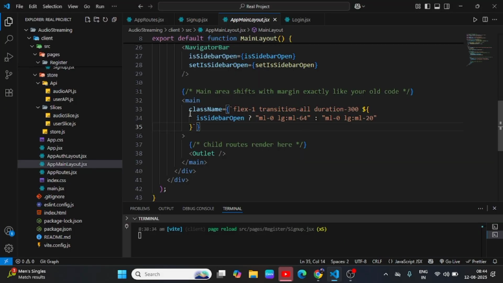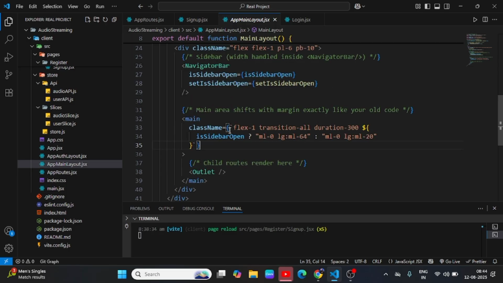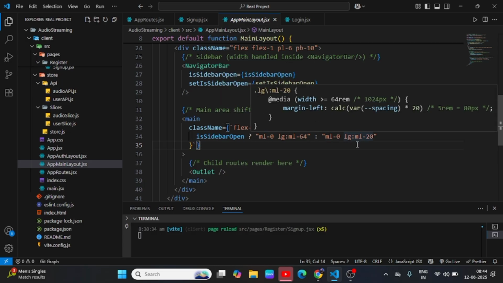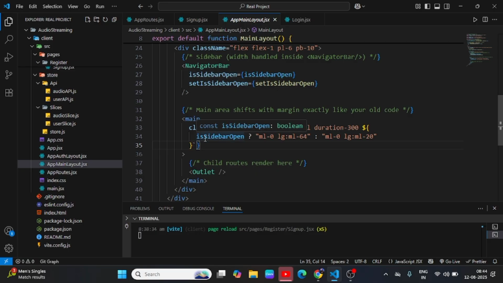If you understand this dynamic class, let me explain. We are using a string: flex-1, transition-all, duration-300, and here we are using a ternary operator. When our sidebar is open, margin left is 0,